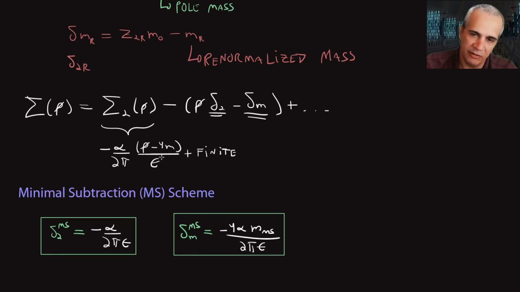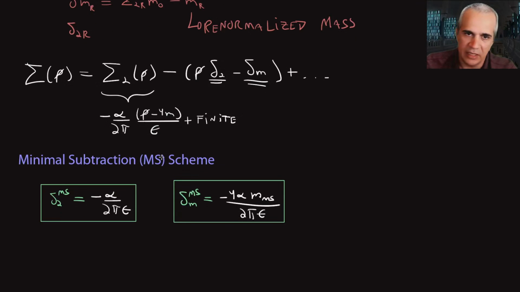In fact, one of the consequences is that now I have to calculate this guy in this scheme. I'll just put an MS here so we remember what we're doing. And since I'm subtracting only this part, I know that this guy will not disappear